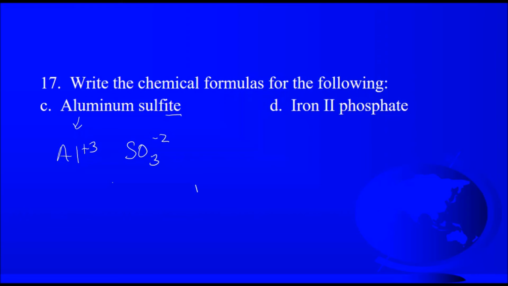What number will they both multiply into? 3, 2, 6. 3 goes into 6. 2 goes into 6. So Al2SO3, 3. Are we done? Do we have more? Did we buy it in Costco? Do we have more than one of them? So we need